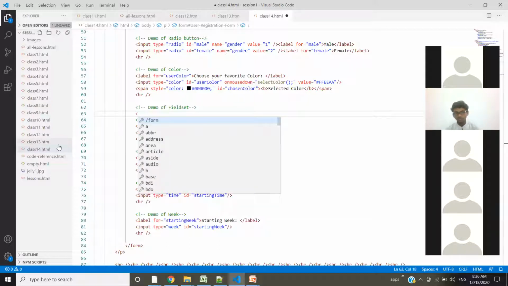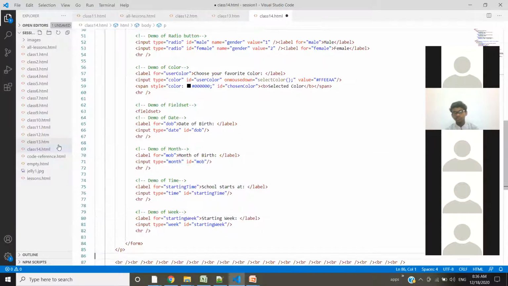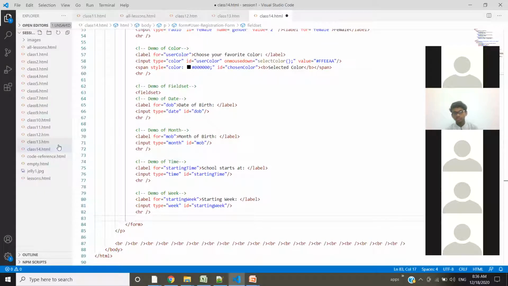So what is the starting tag for the fieldset? It uses fieldset. See here, starting tag. Is it okay to group the whole form under a common subject, maybe personal details or something? Yeah, you can do that. It is nested, so nesting you can always do anyway. We'll try that also. Okay, we'll try that also. Now you see.